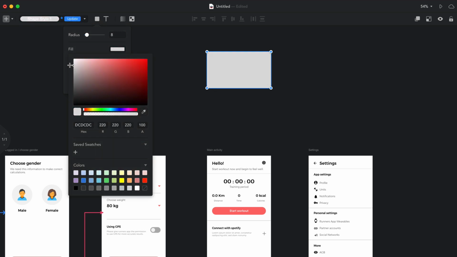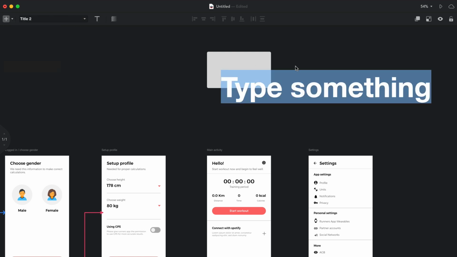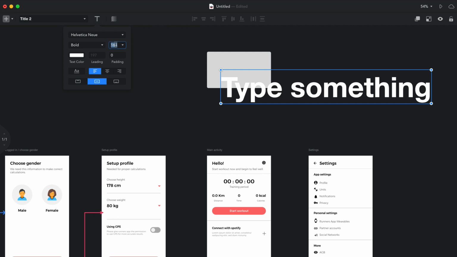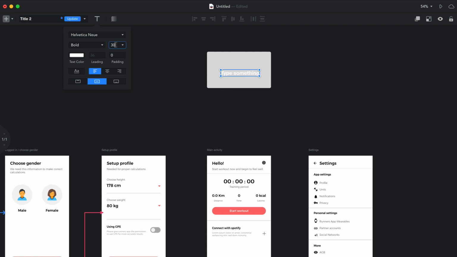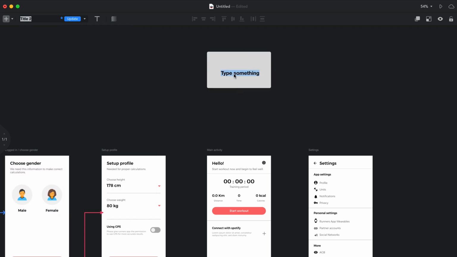Let's say it's maybe a light gray, and also add a text. It's huge again, maybe 30. We'll do the trick. Also change the color to black, let's say, and let's say that this is our